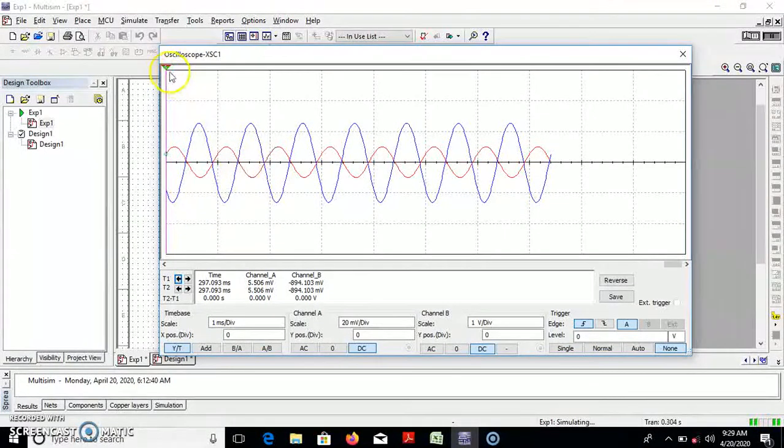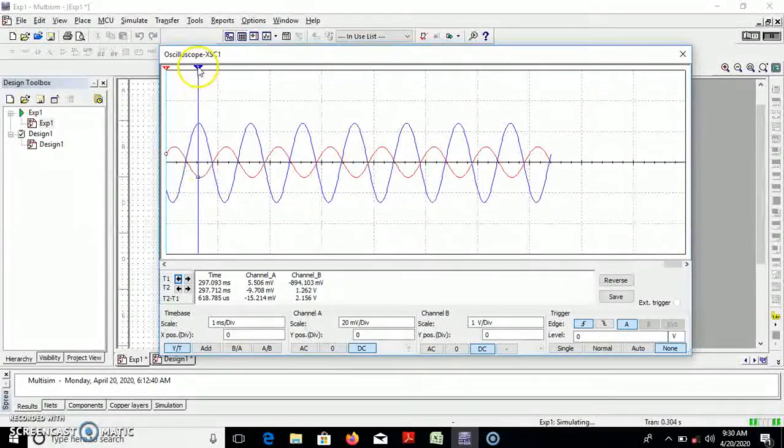To see this, there will be two measurement bars, bar 1 and bar 2. Right now, by just clicking on this, I can move this bar. Once you move this bar, the statistics below are going to change. Over here three values are listed: time, channel A and channel B. As I have two channels, channel A is my input channel, which has the red signal, and channel B has the blue color, which is my output signal. Right now channel A is selected.